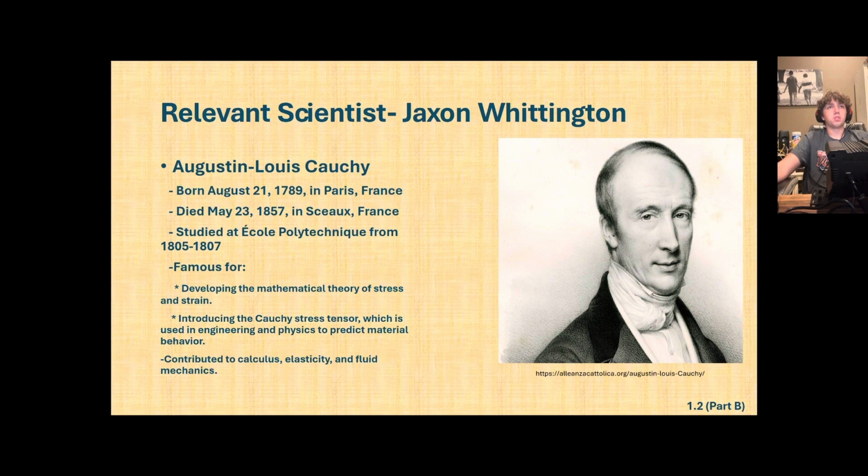He used more three-dimensional structures or buildings or whatever, and also more complex materials. He developed the mathematical theory of stress and strain. Basically, if you stretch or bend or anything, how long it's going to take to get in. He also introduced the Cauchy stress tensor, which is used in engineering and physics to predict material behavior, basically predicting how a cable is going to act under so much stress, or how a spring is going to act over